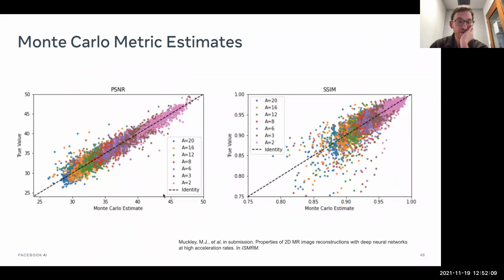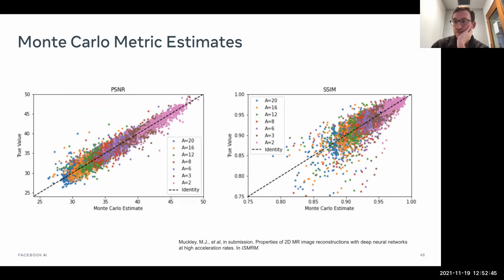So here on the bottom, I'm showing Monte Carlo estimates and the true PSNR value, over a range of acceleration factors from 2 to 20. And you see we generally observe pretty strong correlations between these two. We also observed correlations a little bit weaker, but still present, for SSIM. So probably strongest at 2, but keep in mind we're helped a little bit by the upper bound of SSIM. You can see the variance opens up a little bit as you go down away from the maximum value here. But even still, these values were fairly correlative.